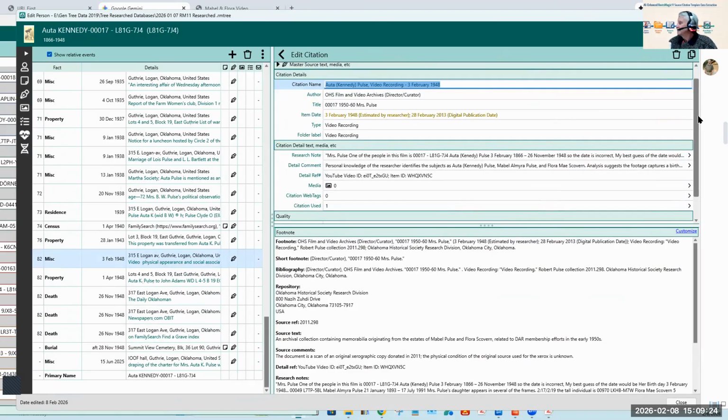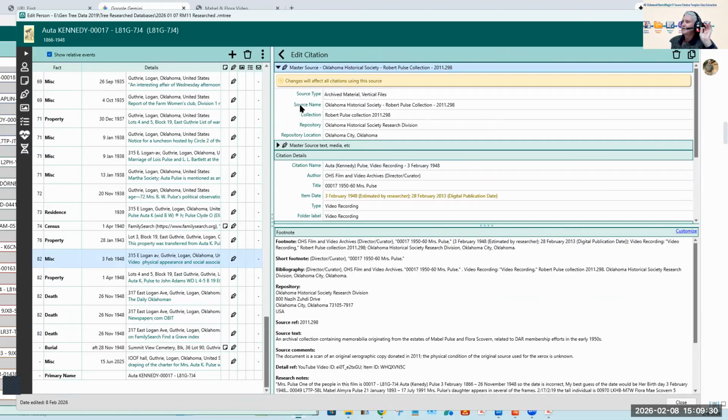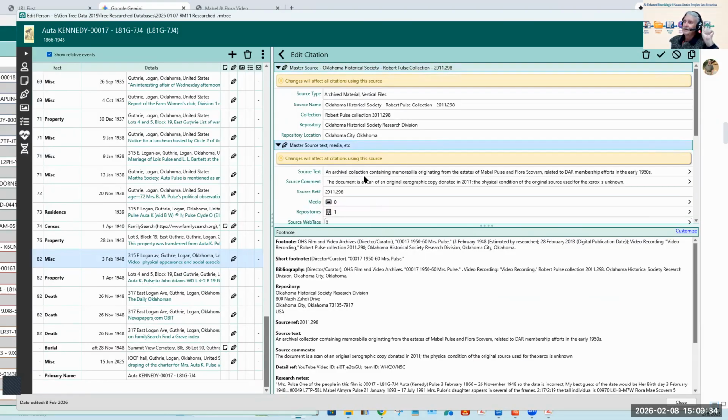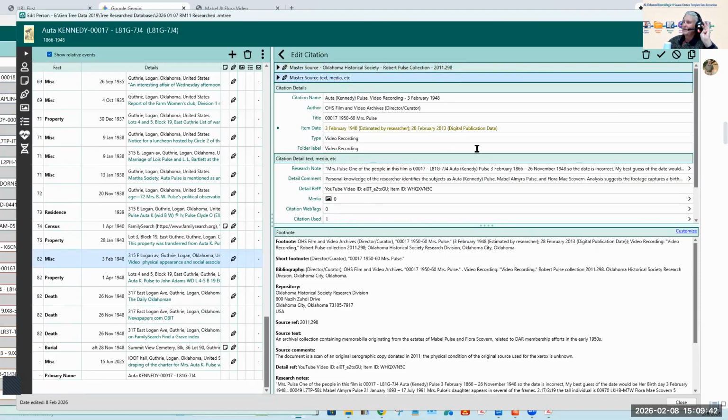There's the master source, and I kept it just like it was before. So you can see it. Sources stay the same. Even though this is like a source of an archive, you got a kind of a double in here. And then obviously the repository, the Oklahoma Historical Society.